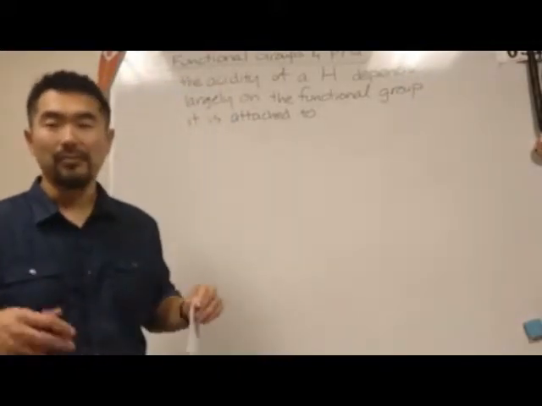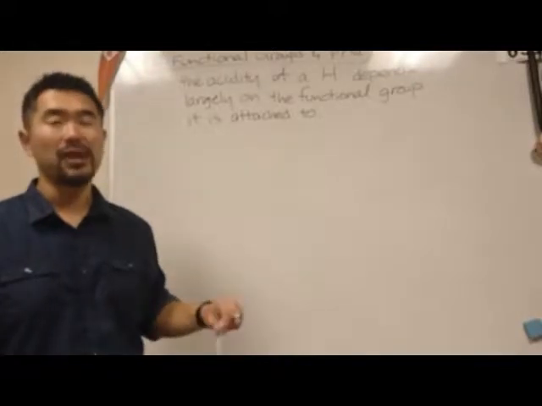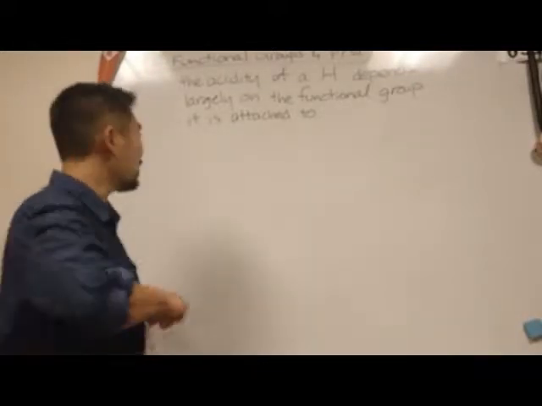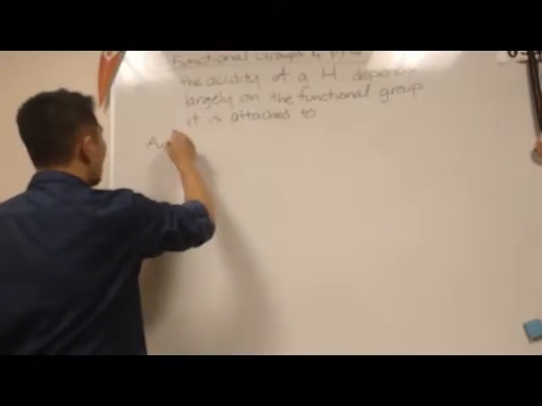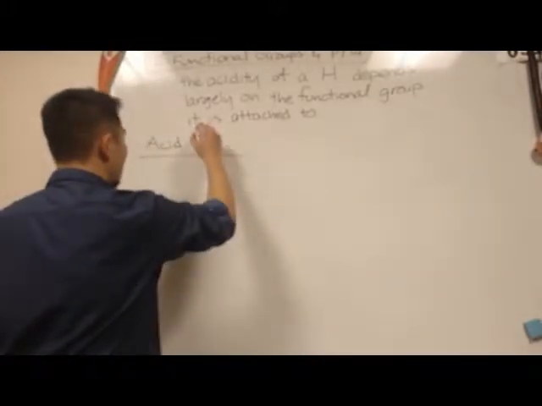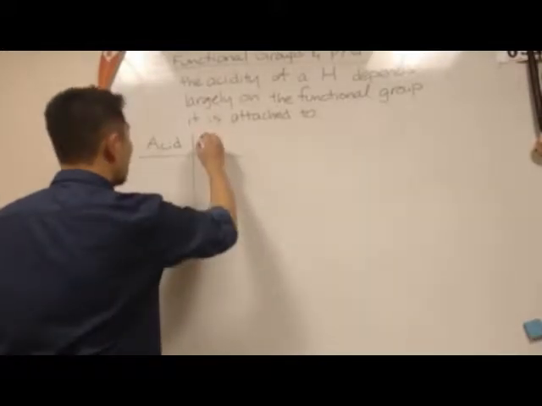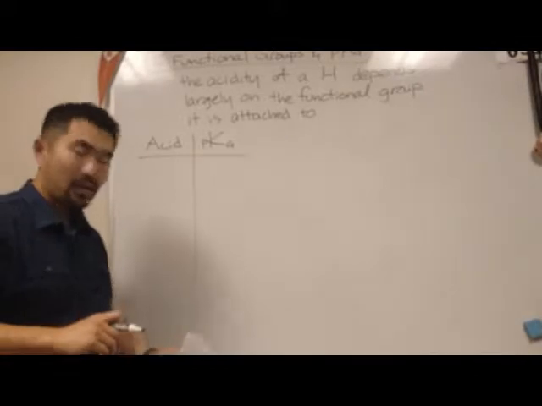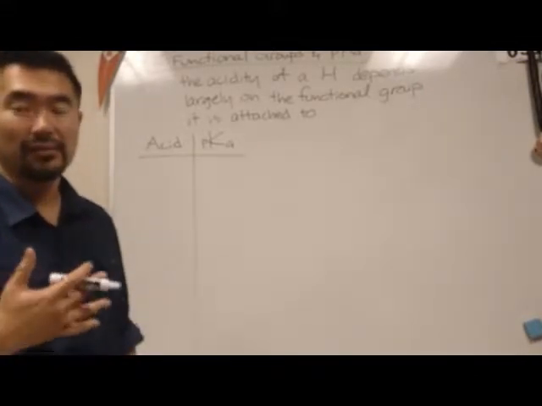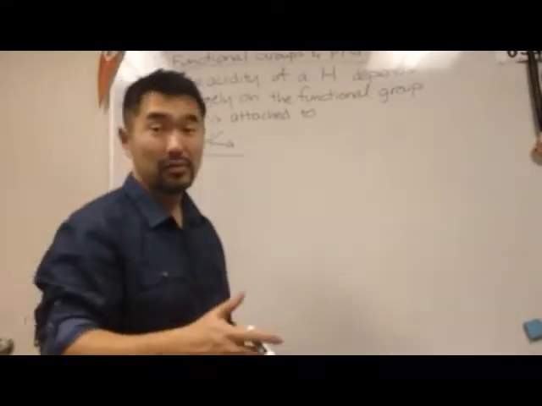In other words, the functional group dictates how stable it is once it loses a proton. So what I want to do here is make a table, and these are some of the pKa values for a typical functional group